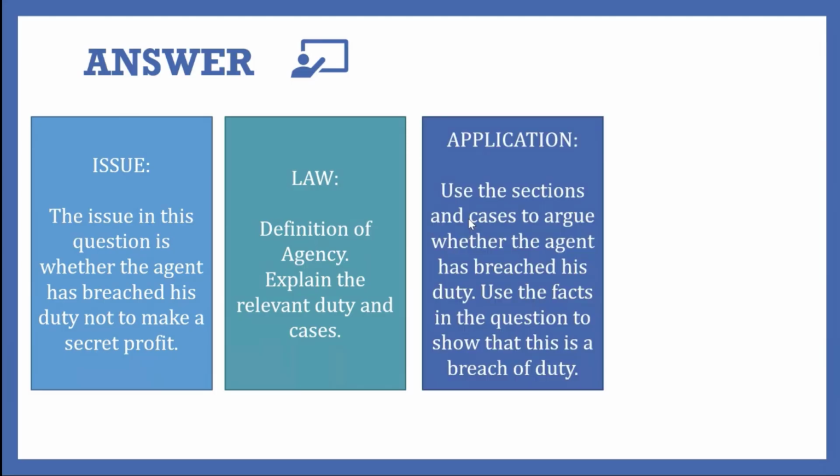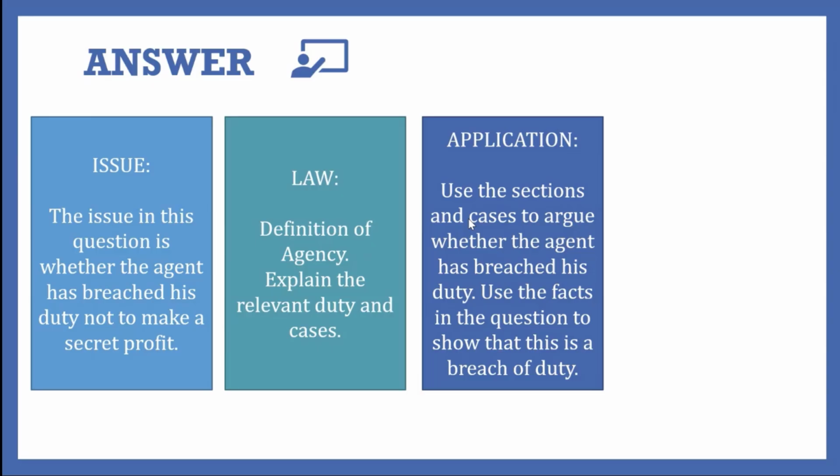Now then you come to your application. In your application, you've got to use the sections that you have already explained just now. Use section 168, section 169, use the points of law that you have already explained earlier, the cases, to show whether there's a secret profit made. It's very important for you to show that you know what is the secret profit in this question. Even though the question says bonus, that is not a bonus. It is a secret profit because this is something coming from the third party. It is not a bonus that the principal gives to the agent for his work done, but it's actually the secret profit that the agent receives